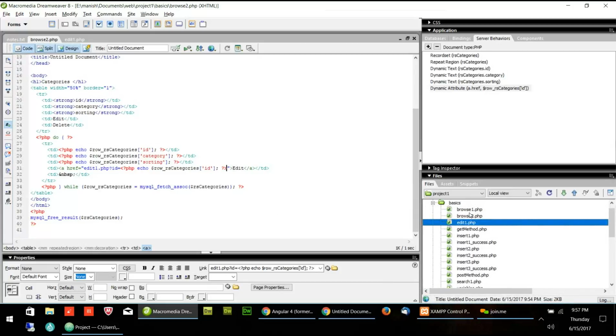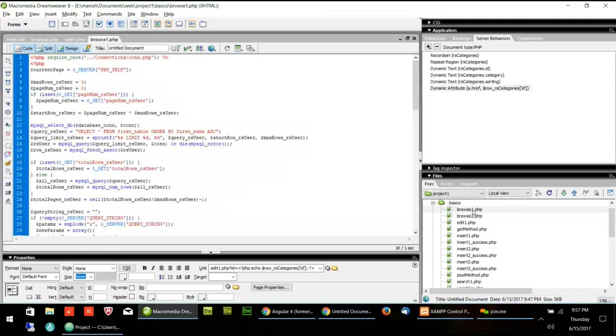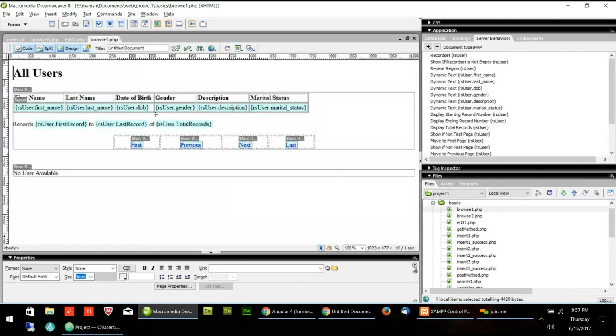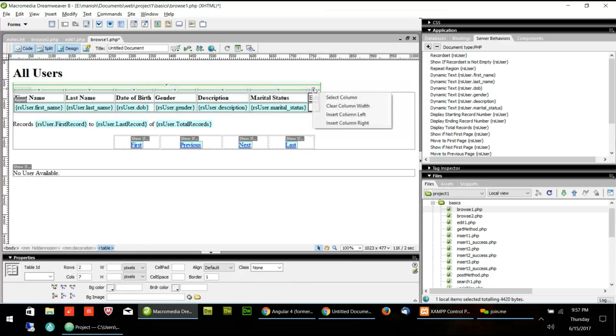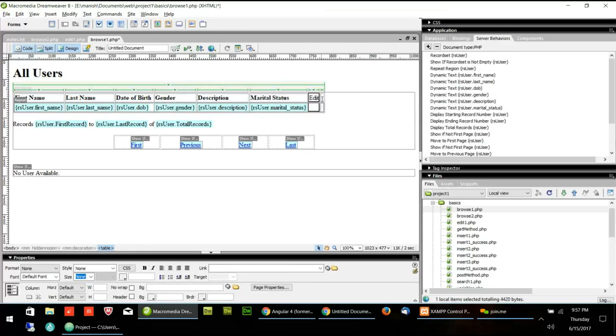So let's try to do browse one. I will go to the browse one. I will add a column on the right side, and I will say edit. We will be doing delete also, so I will add one more column called delete. Here I will give the edit link, and here I will give the delete link.